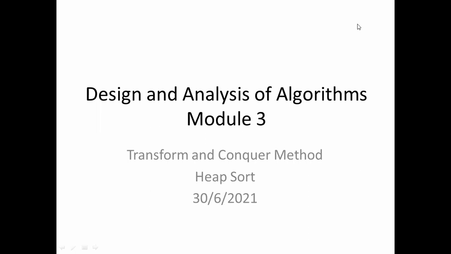Okay. So today we'll discuss heap sort. In the last class, we discussed how to construct a heap, right? We discussed the top-down approach and the bottom-up approach. In the top-down approach, first we create the binary tree, then we convert it into a heap. In the bottom-up approach, each element is inserted one at a time, and while inserting the key element itself, we convert that into a heap.